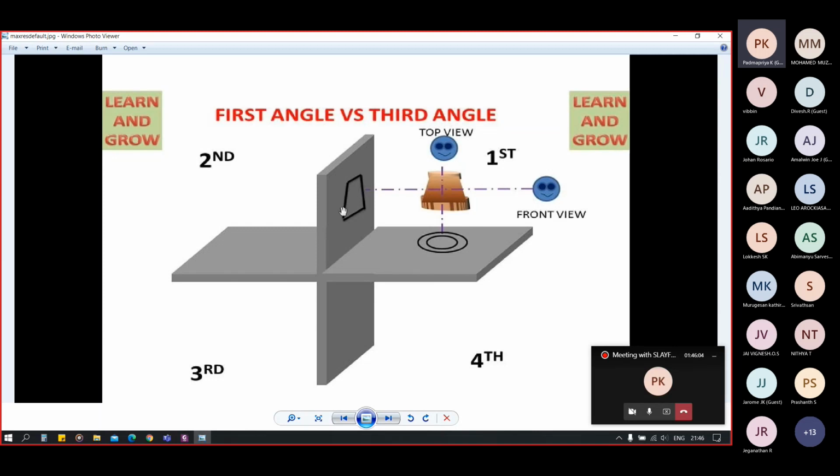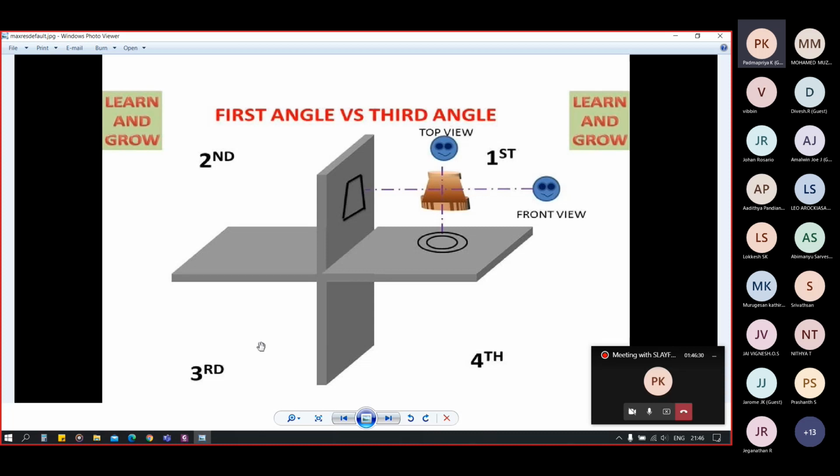Now, if we place this in the third quadrant, you can see the horizontal plane is above the body. In the first angle case, the object is in between the observer and the projection plane.